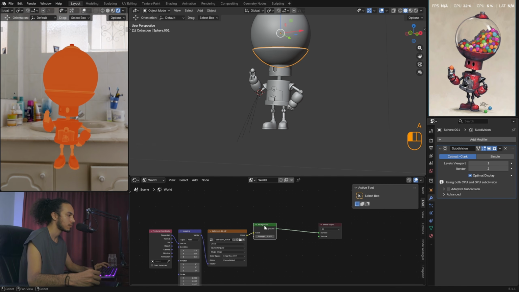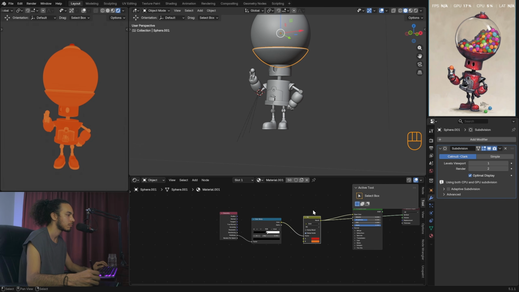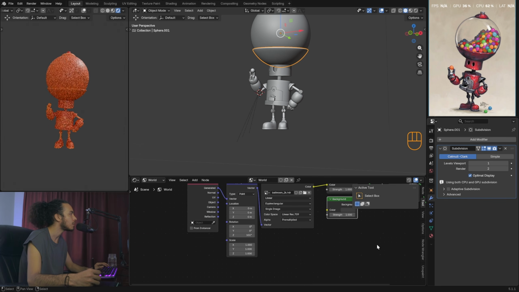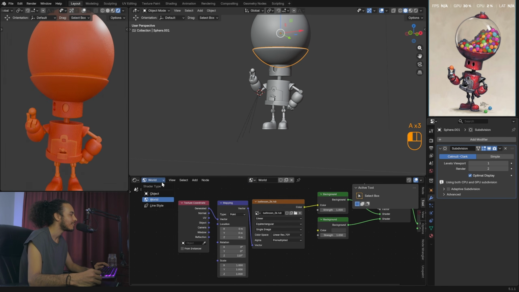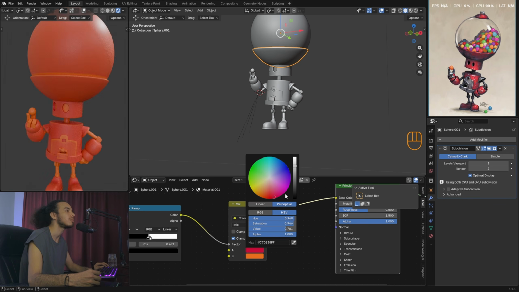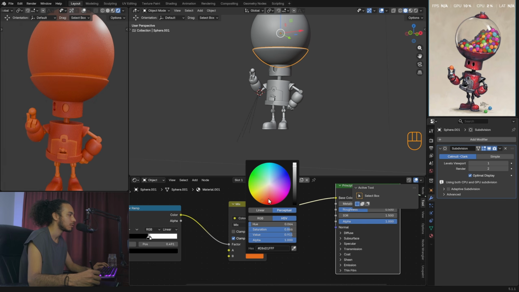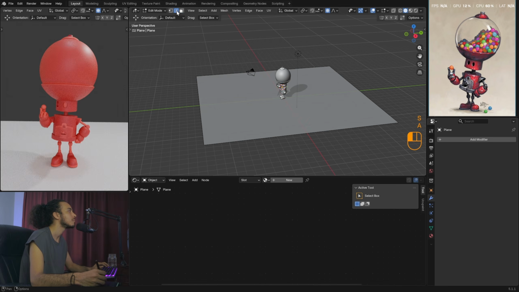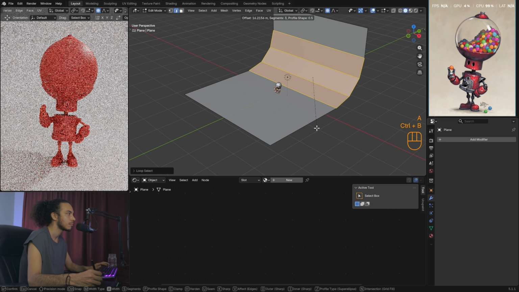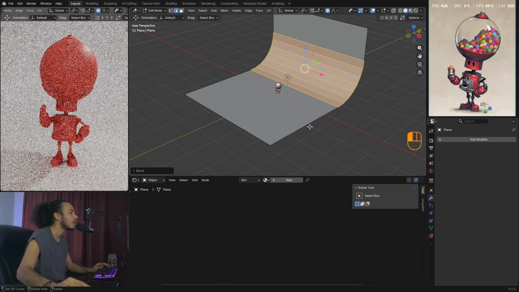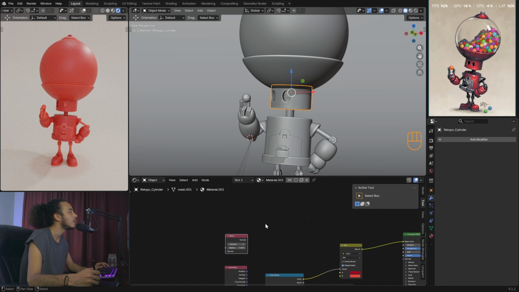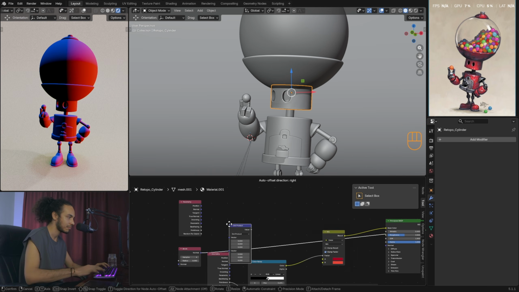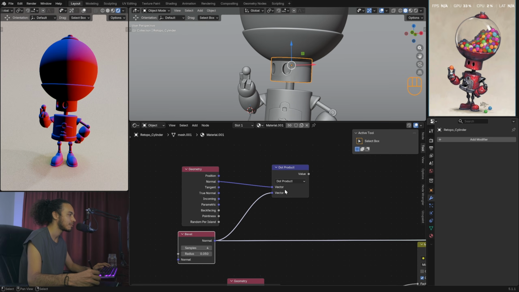And at the same time, I also start working on the lighting. First, I add an HDRI image to have some base lighting for my model, and I keep iterating a little more on the colors of the materials. I'm going to add a curved plane now, which I'm going to place underneath at the back of my model, and that's something that's very commonly done so the model feels integrated into the scene, so it doesn't feel like it's floating. And now, to give my material even more contrast, I'm going to make the edges look worn out